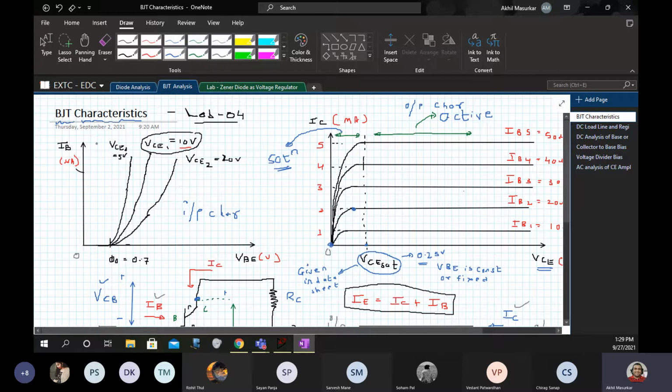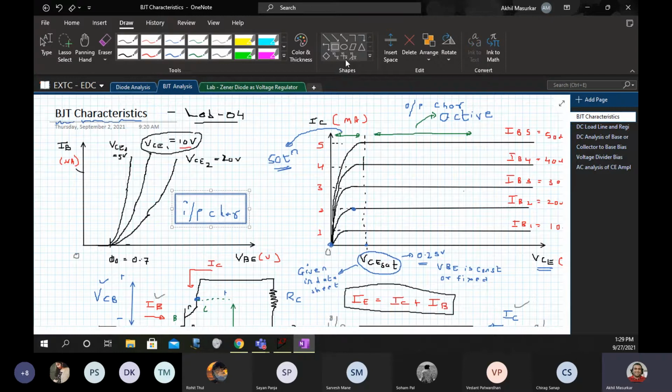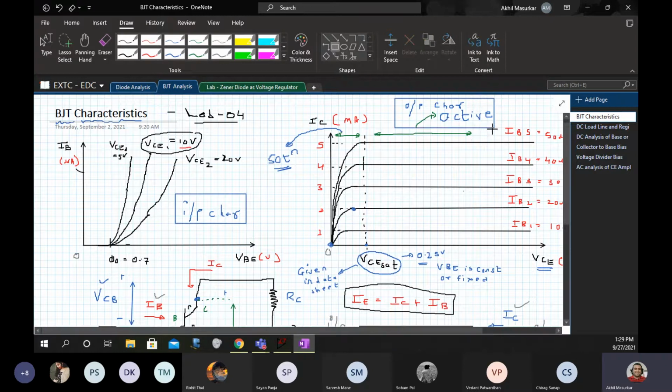So just to recollect, this was the input characteristics of the BJT, and this was the output characteristics. A few points to be noted here. When you plot the input characteristics, the output voltages have to be constant.